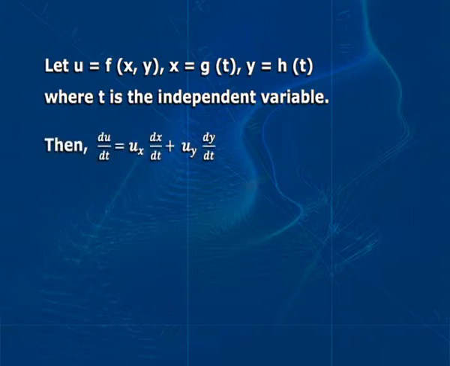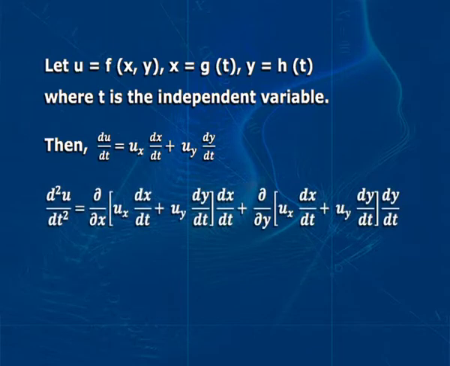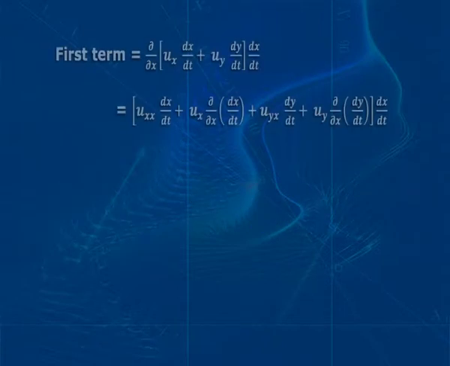Then du by dt is equal to ux dx by dt plus uy dy by dt. Del square u over del t square is equal to del by del x of (ux dx by dt plus uy dy by dt) dx by dt plus del over del y of (ux dx by dt plus uy dy by dt) dy by dt. First term is equal to del over del x of (ux dx by dt plus uy dy by dt) dx by dt,